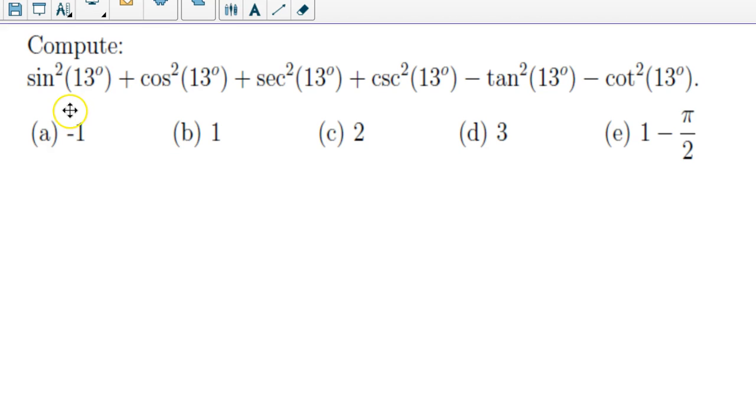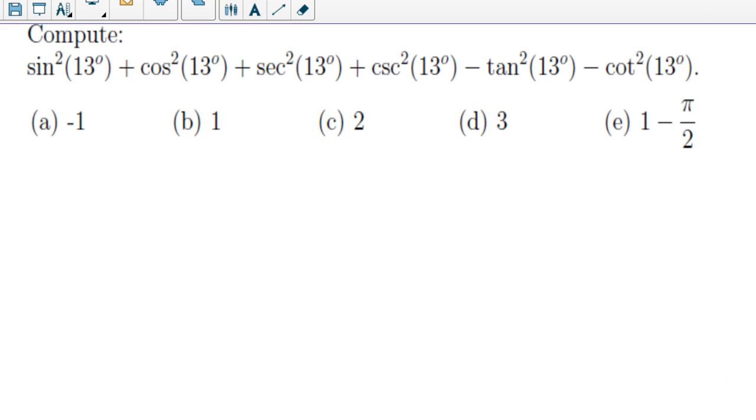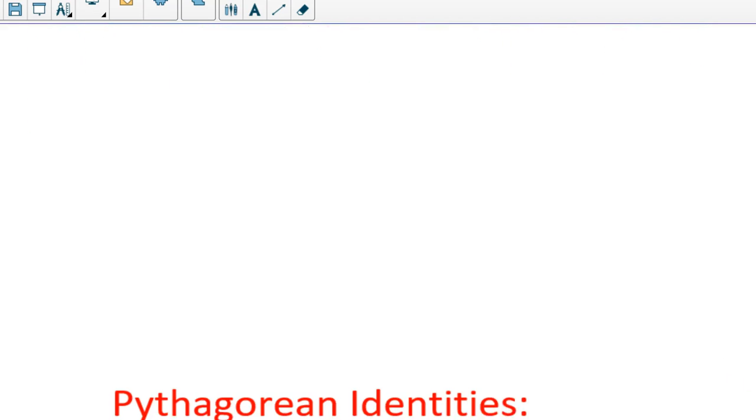As you see here, it is sine square 13 degrees plus cosine square 13 degrees. You have something to do with this. There is an identity, a Pythagorean identity. And even this thing, secant square 13 degrees and tangent square 13 degrees, you can handle those two together, and cosecant square minus cotangent square. So we have these Pythagorean identities,